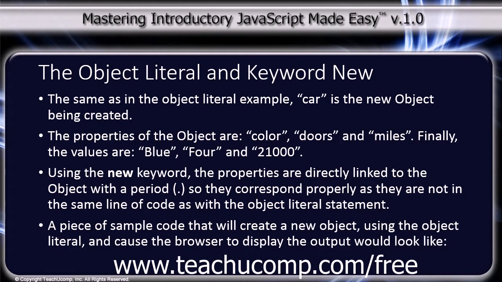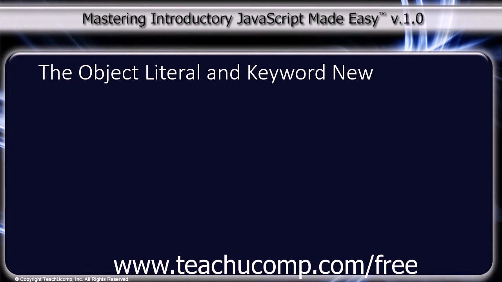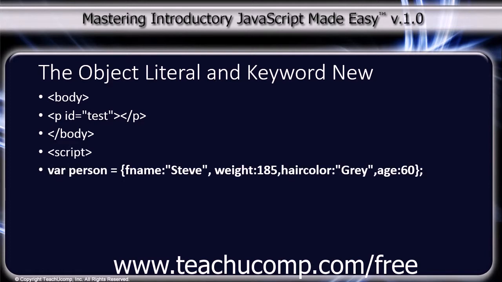A piece of sample code that will create a new object using the object literal and cause the browser to display the output would look like this. Body tag, paragraph tag with an ID of test, and the close paragraph tag, close body tag, script tag, var person = {fname: "Steve", weight: 185, haircolor: "gray", age: 60};